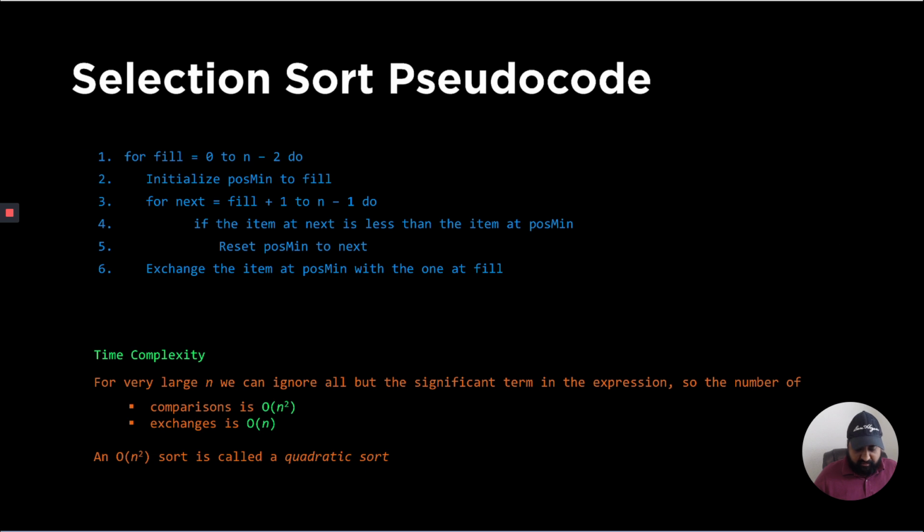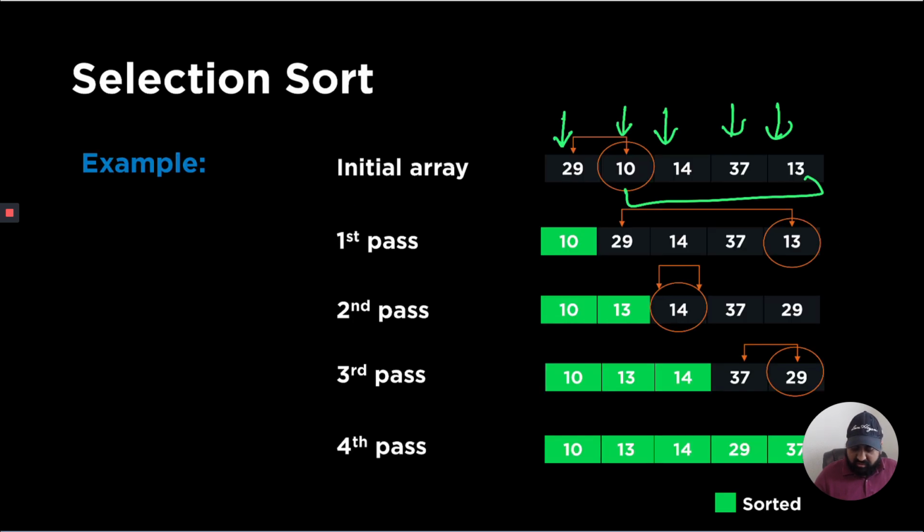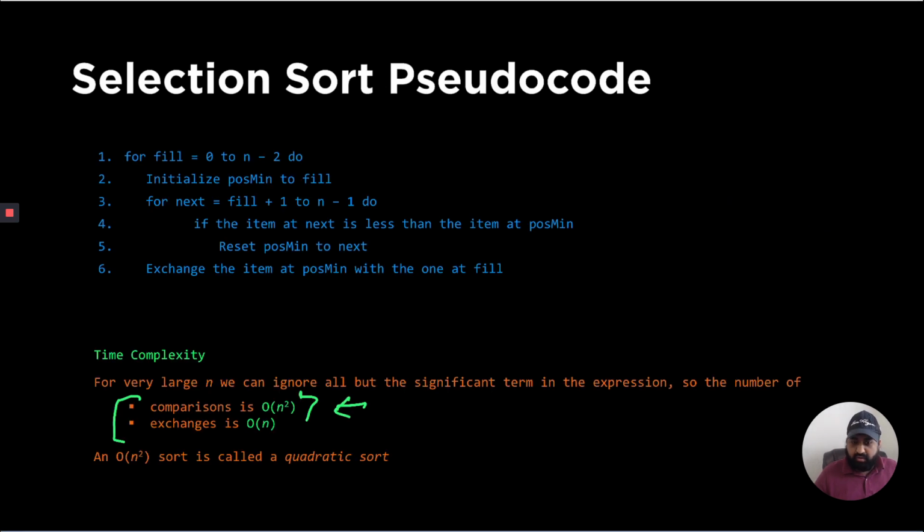There's a quick tip here. Sometimes when we evaluate a sorting algorithm, we check the number of comparisons and the number of exchanges that occur. The comparisons will be on the order of O of n squared, because we compare this number with this one, then this with another one, and so on to find the minimum, and then we repeat that n times. So our comparisons grow at O of n squared, but our exchanges would be O of